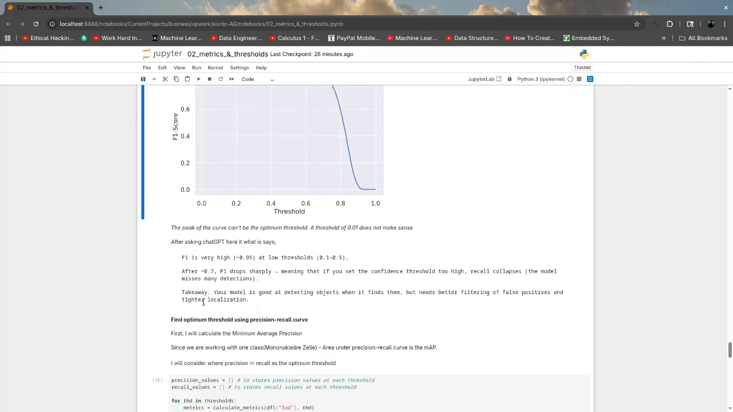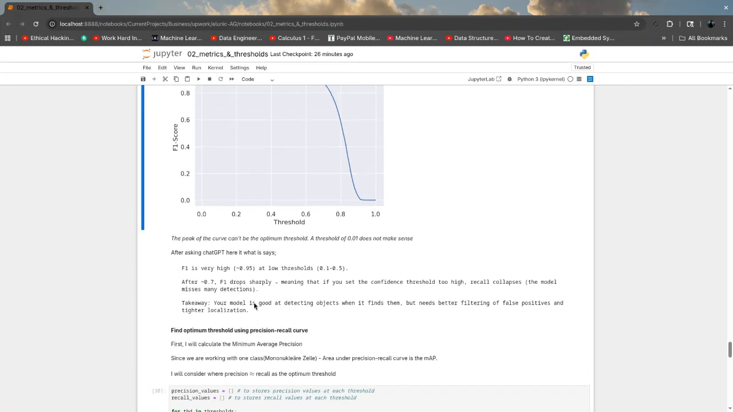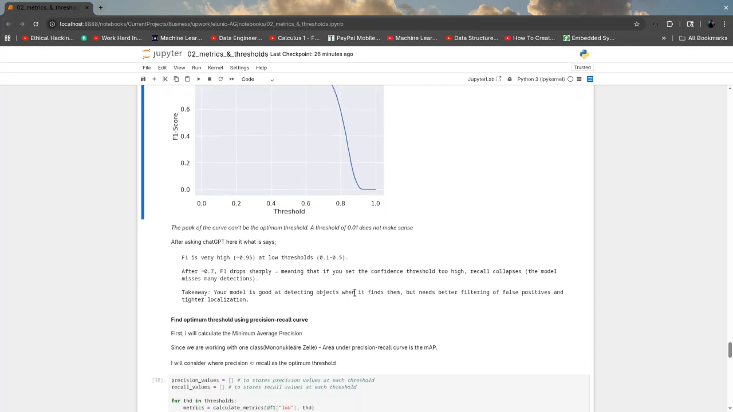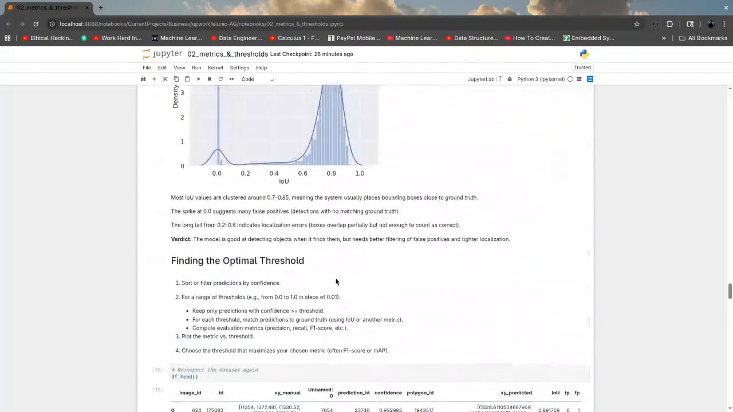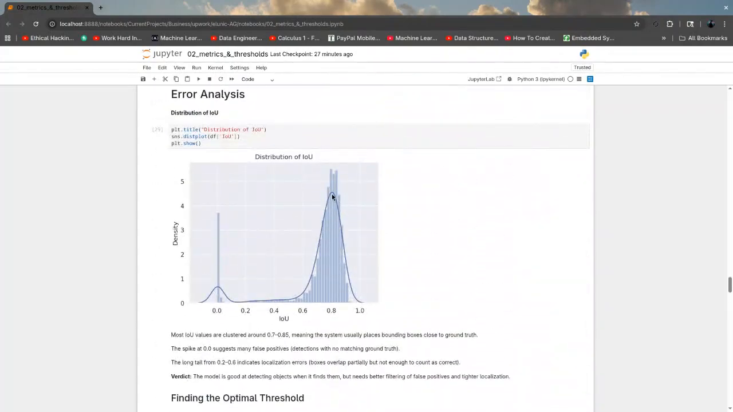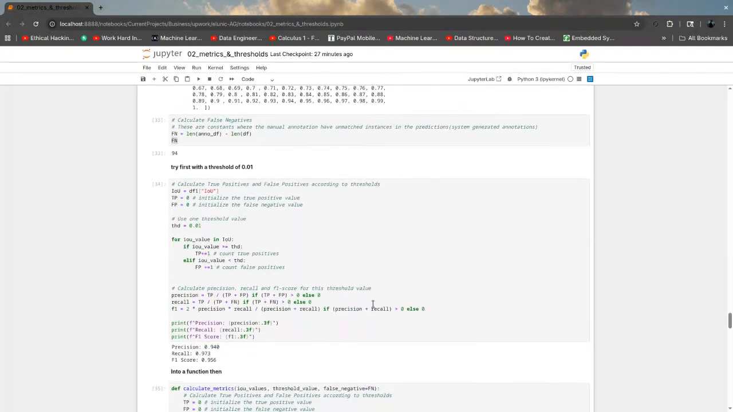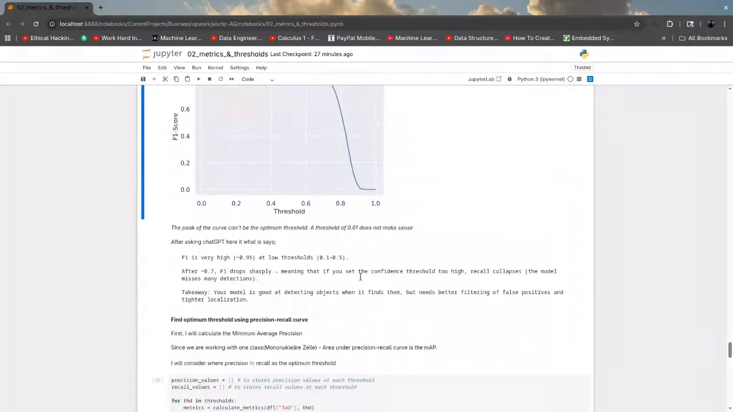You can see here this was what Google Gemini told me: this model is good at detecting objects when it finds them, but needs better filtering of false positives and tighter localization. When it finds the object, it detects it, but it sometimes misses the object very badly, which we also find out here. The IOU intersection is around 80% for most of the objects detected. Now I went forward